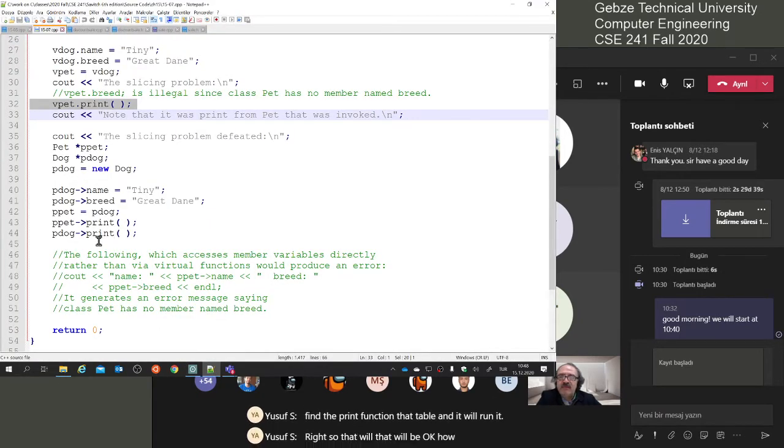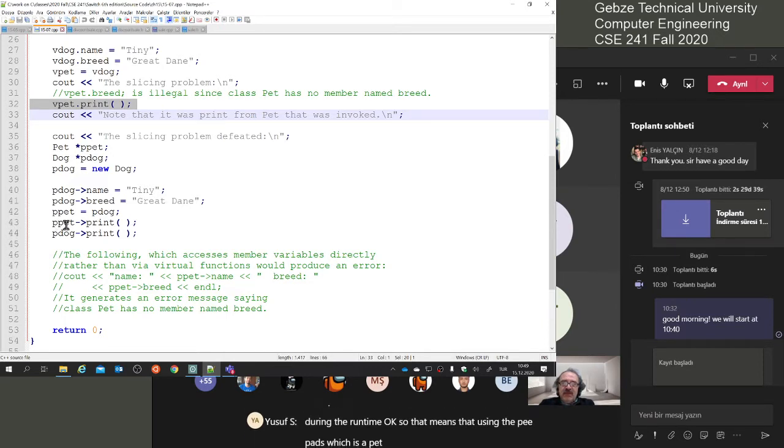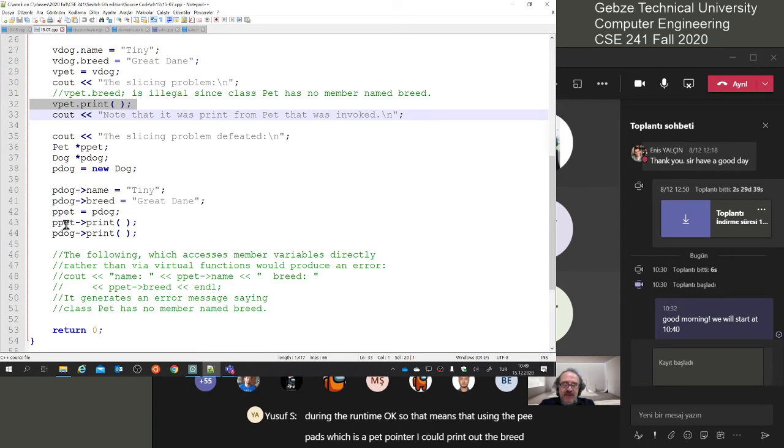So that will be okay. How about this one? Line 44. Line 44 will call what? It is also using the dog print function. Exactly. It is also using the dog print function, because of the same thing again. These two pointers are pointing to the same object. Since print is a virtual function, it will be decided during the runtime. That means that using ppet, which is a pet pointer, I could print out the breed data member of the